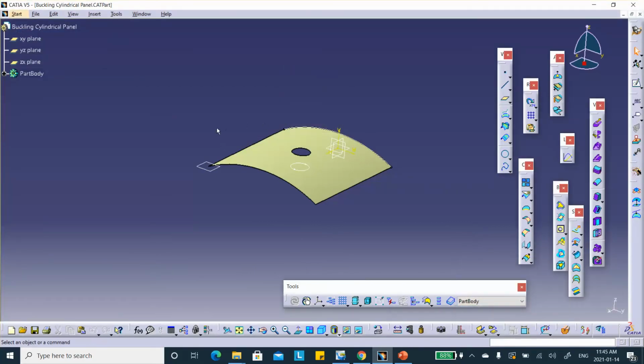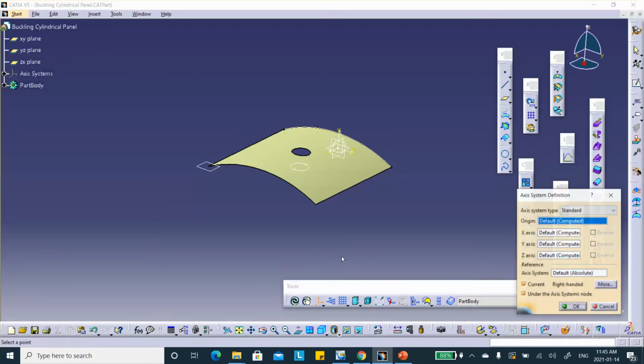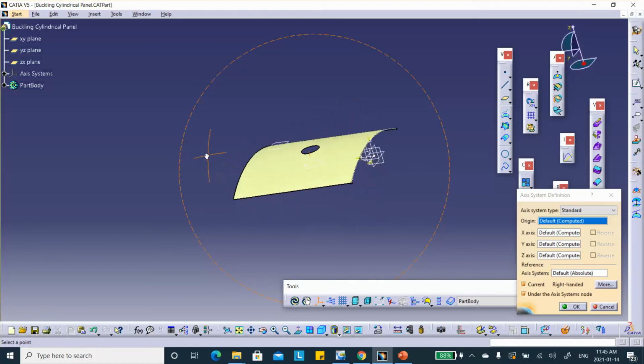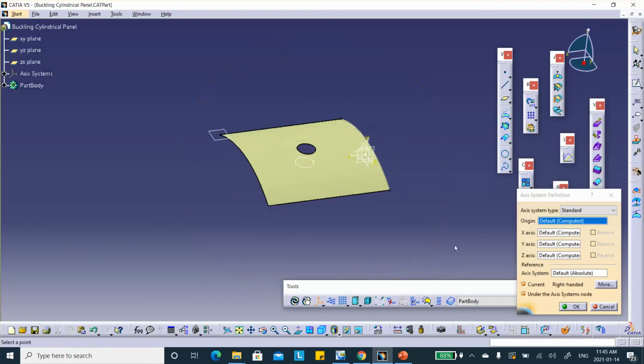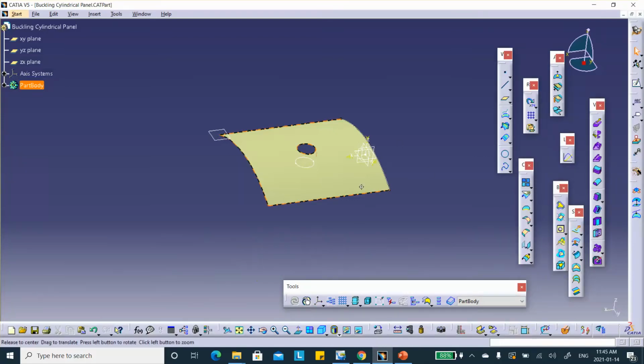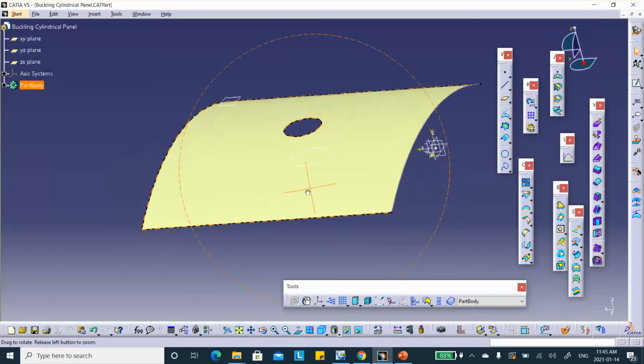And then, by the way, let me make a coordinate system here too, because we need a rosette and we're going to do that. It automatically puts it there, which is fine, no problem. You say okay, and I'm going to say not the current, and then okay. So we did create a coordinate system here that's going to be used as the rosette, and X is the